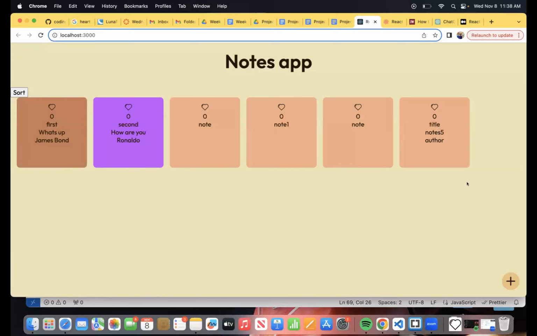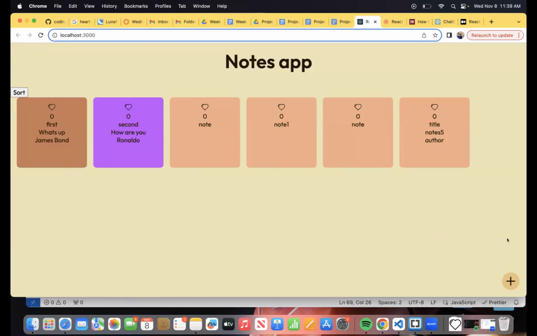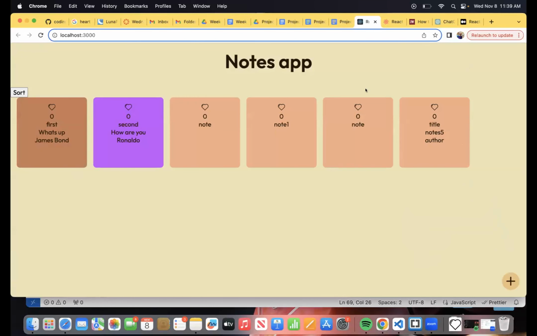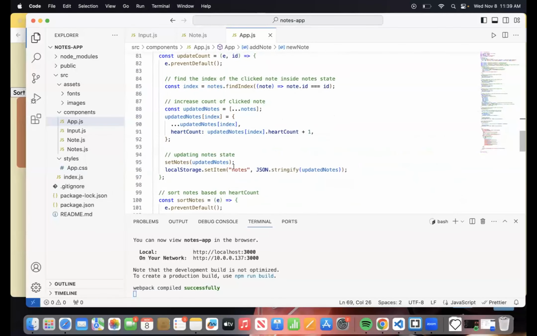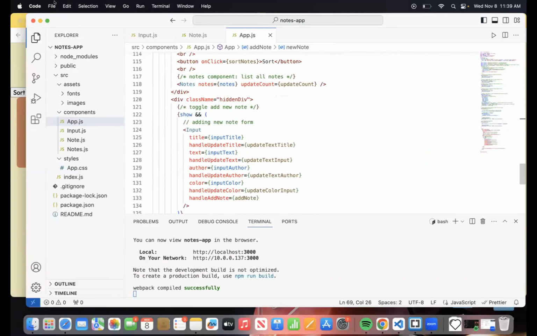Before I get deep into the search part, I want to make some changes in the view as well. In order to search something, we obviously need a search bar, which we don't have over here. And since it's not a repetitive component, I can just create it in app.js.